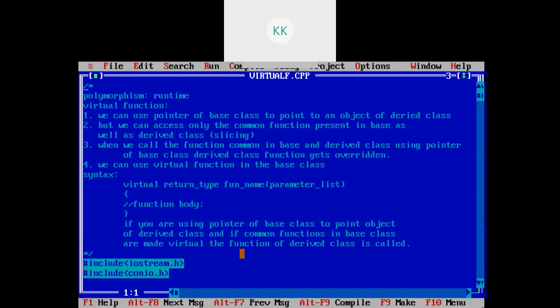In virtual function, we make the base class function which is common in derived class virtual by writing the keyword virtual before the function. What was the problem? When we assign a base class pointer to the derived class, it will call the function which is common in the base class, right? So to avoid that, we make the function virtual.